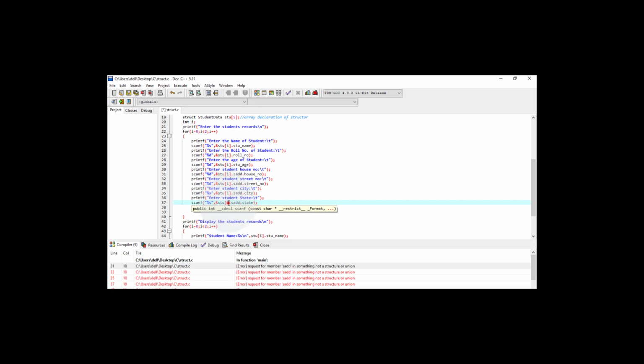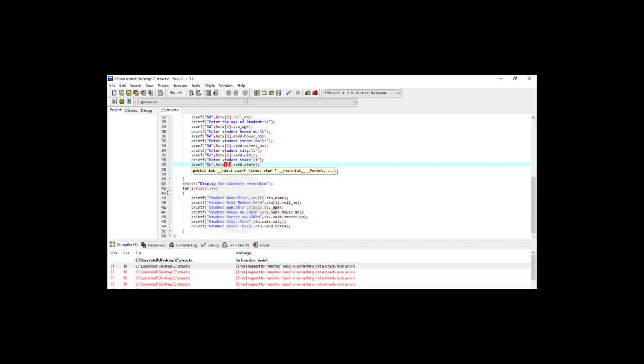And that's the problem. You have to write the starting square bracket, then put the i here, and same we have to do over here again. That is the mistake. So here again i, then here i. Okay, one more time,